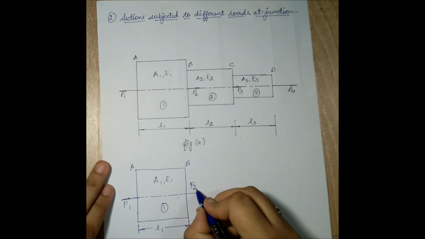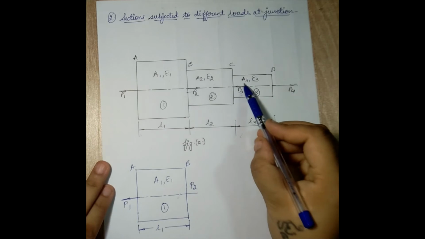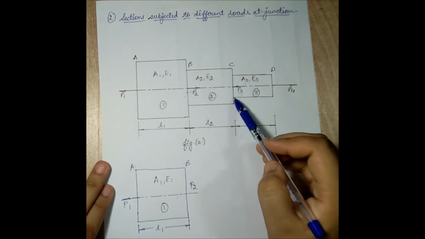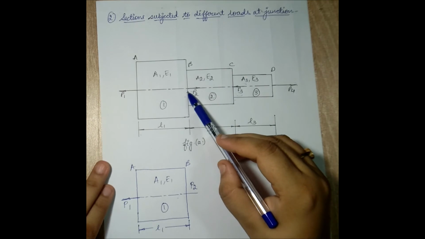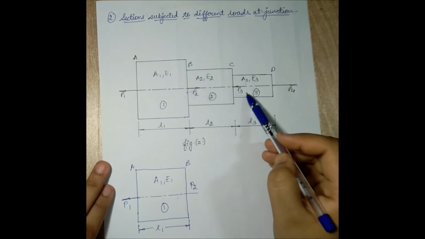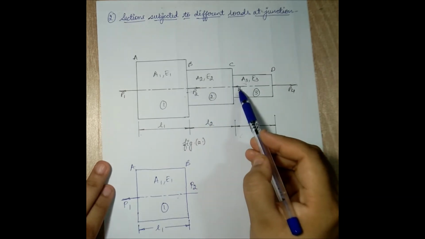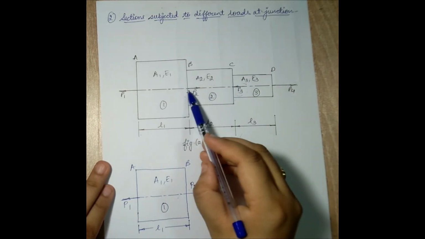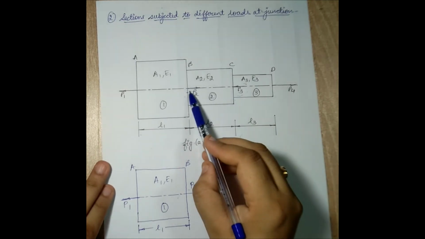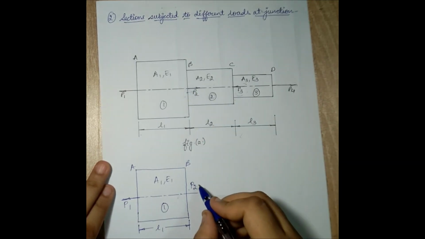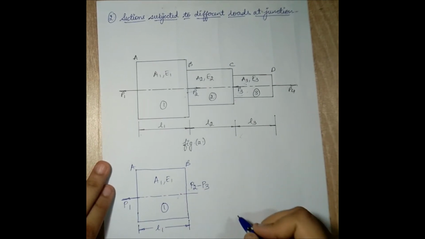So P2 is of tensile type, so I have written plus P2. This P3 is applied at junction C, but definitely it has some effect on the junction B. Suppose I imagine that I am lifting this vector and I place it at the junction B, this P3 will be pushing this end B, which means it will be compressing. Since it is compressing the junction B, I will write the effect of P3 on B is minus P3.